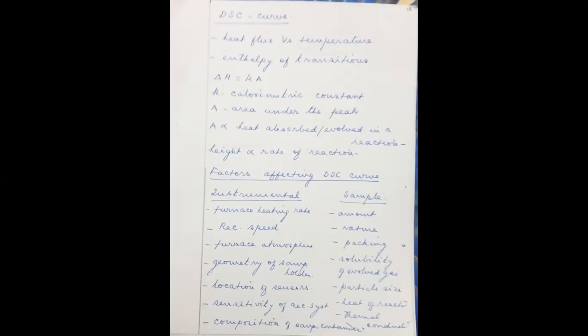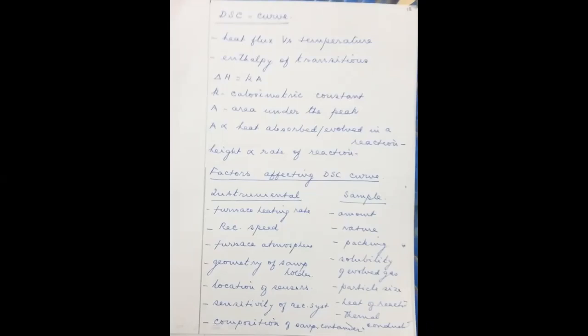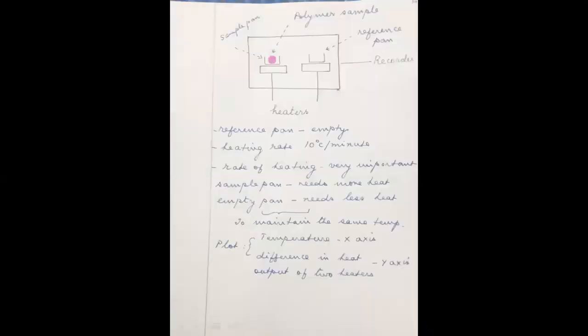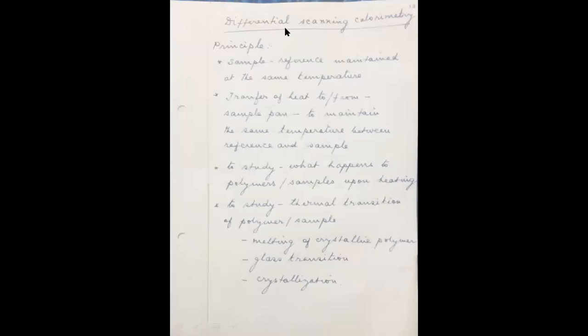Also particle size. If the particles are small, there is more surface area; bigger size, less surface area. Then the heat of the reaction, and also the thermal conditions. So these are the various factors affecting differential scanning calorimetry. So we have seen almost everything in differential scanning calorimetry. Now